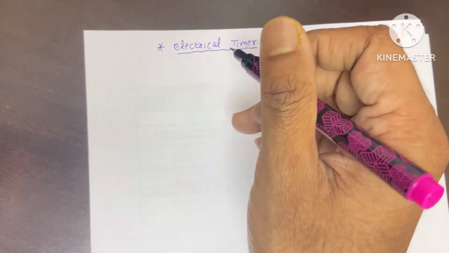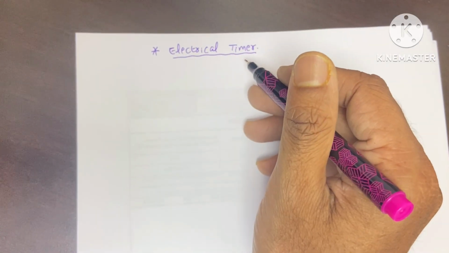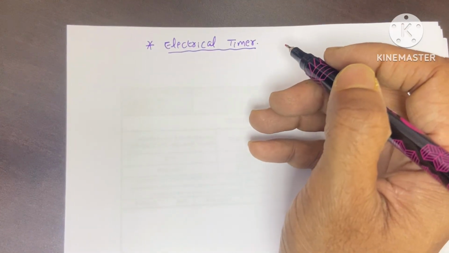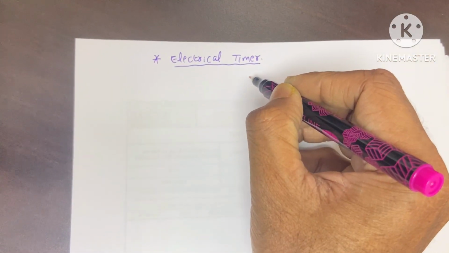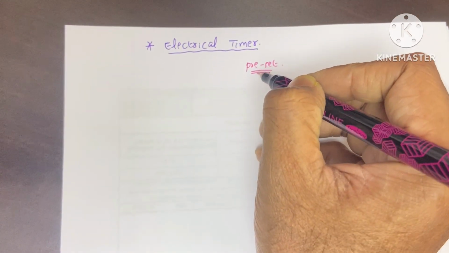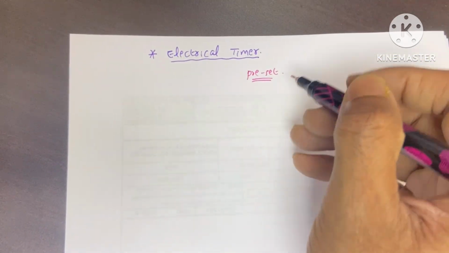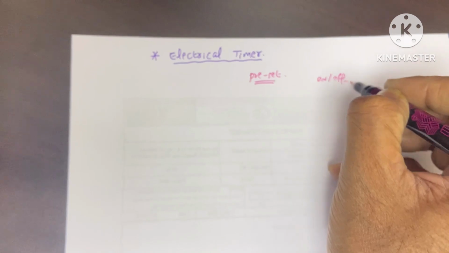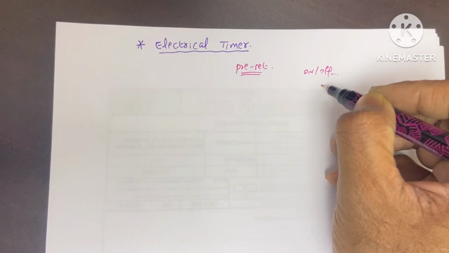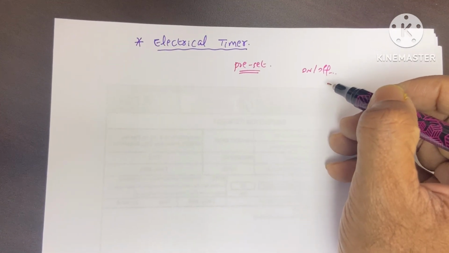Hi guys, today our topic is the electrical timer. It is simply a device that we can use for the operation of electrical equipment, and it is based on a preset time schedule. We can set a time in this device, and it automatically switches the devices on or off after a certain time interval. The time interval may be a few minutes or a few hours per day, or we can even set several days